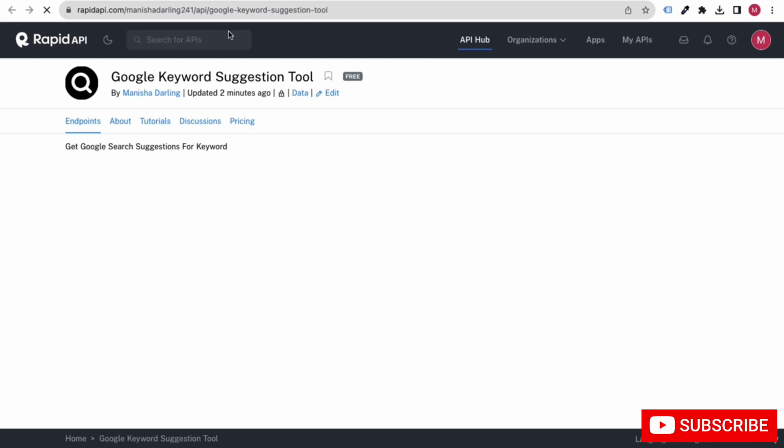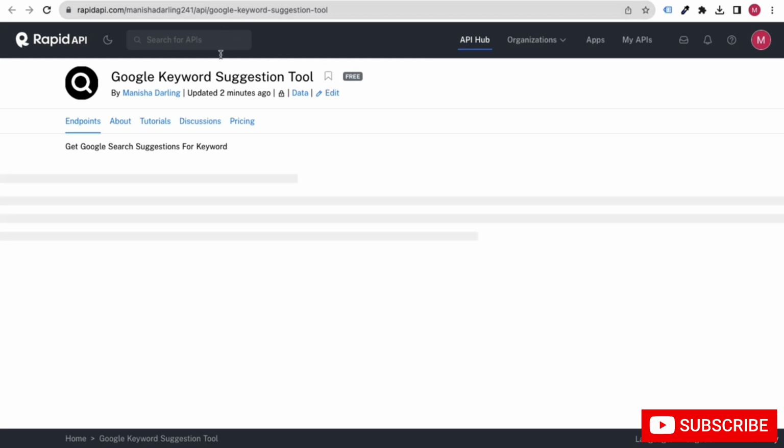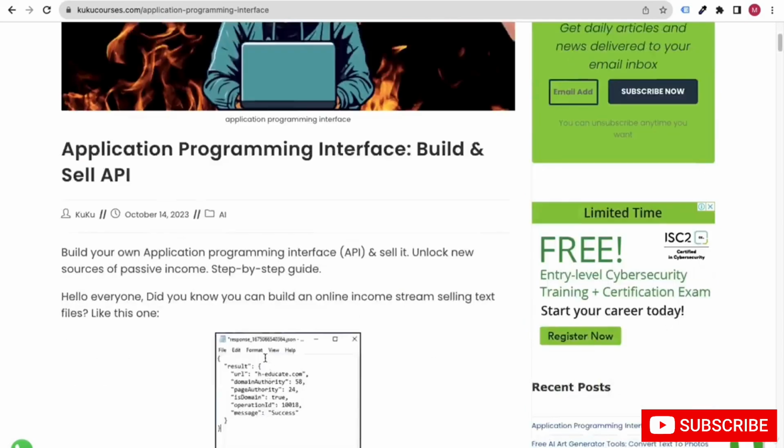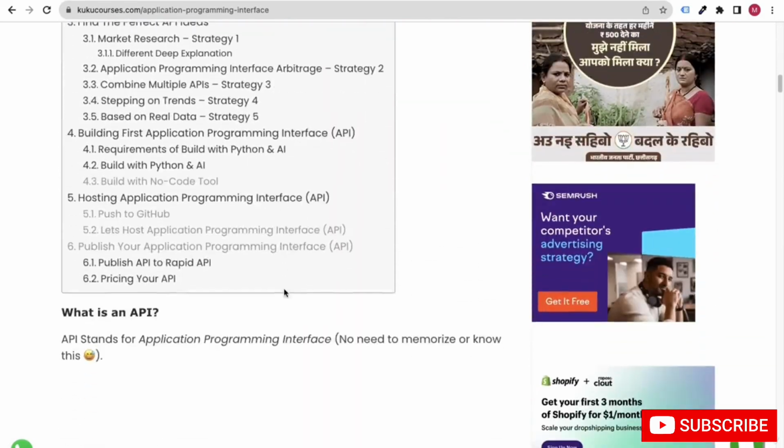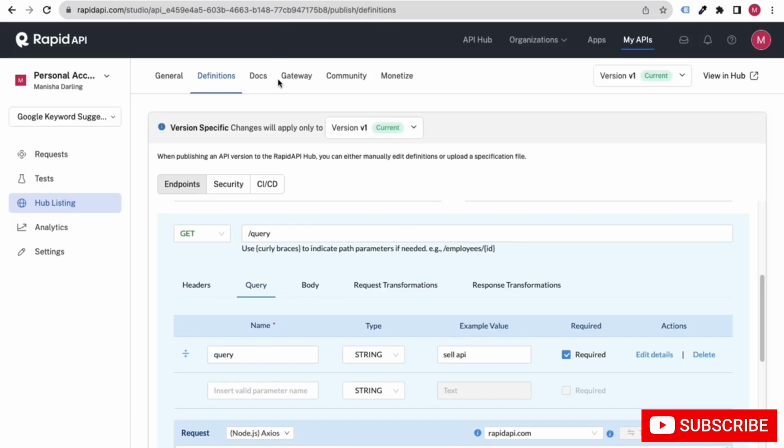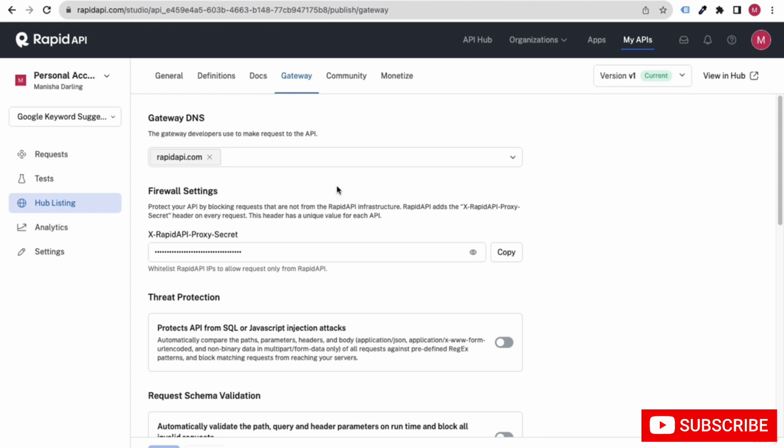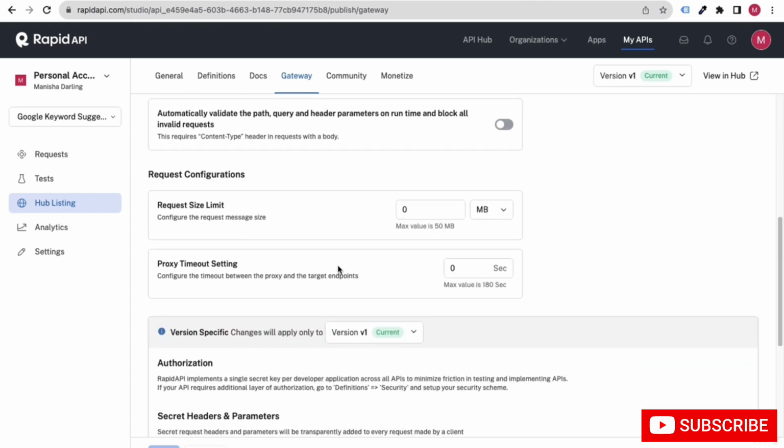So after you decide the pricing, you can make it paid as well. So now guys, we are going to talk about pricing your API. How you can price your API, that is what we will cover, okay. So in the gateway, you can put the gateway information.